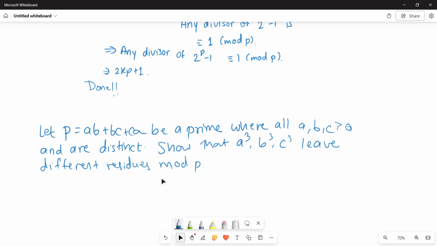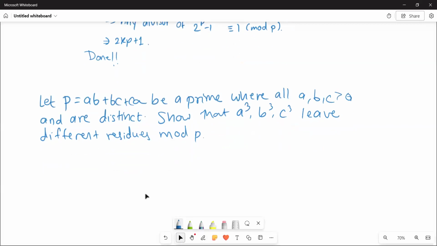I have an idea that A, B, C cannot be the same mod P, because if A and B are the same mod P, then B should be P plus A at least, and that would make AB plus BC plus CA greater than P. Sorry, okay, you are saying A, B, C are distinct mod P. Yeah. How? If we say that A and B are the same mod P,